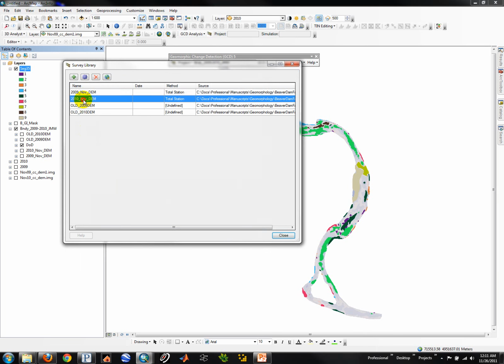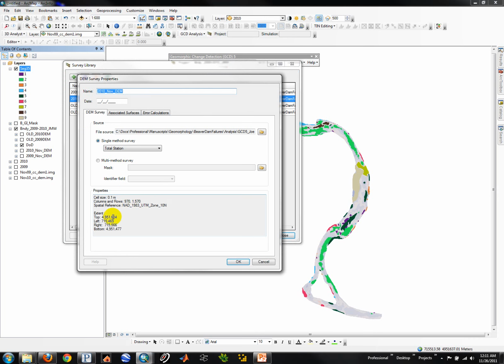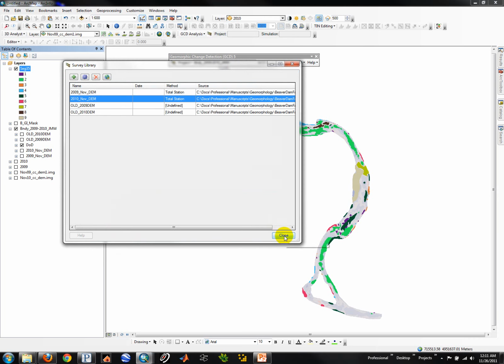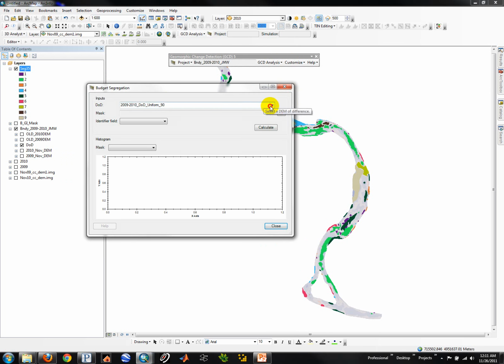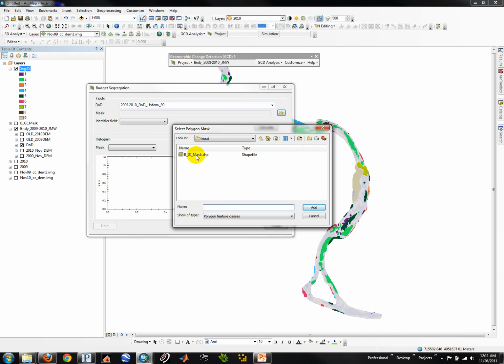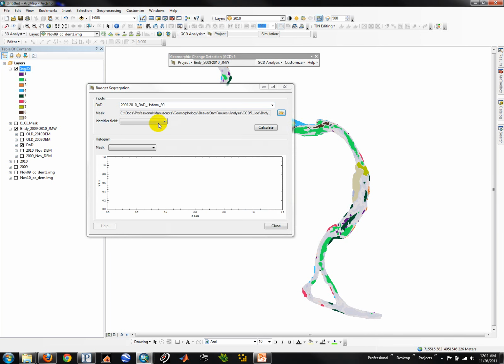And so both of these have the same extents. And so if I have, which I do, some change detection examples which were done from those, here's one, and I load up that mask again, and then I run that geomorph again on it for the budget segregation. This hopefully should work,